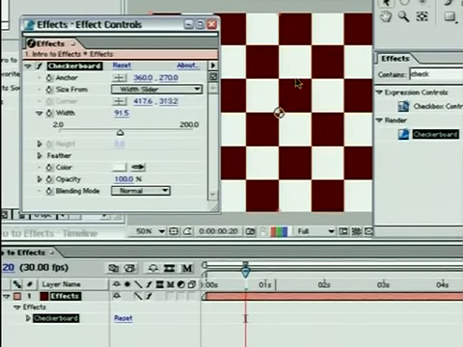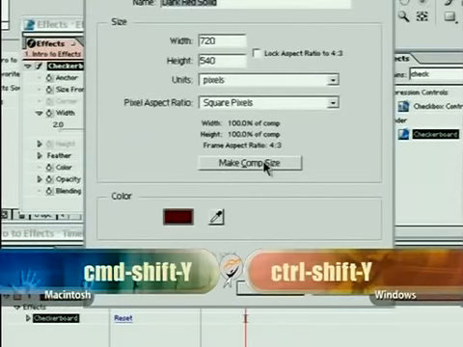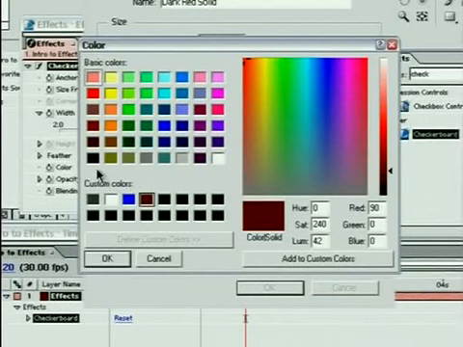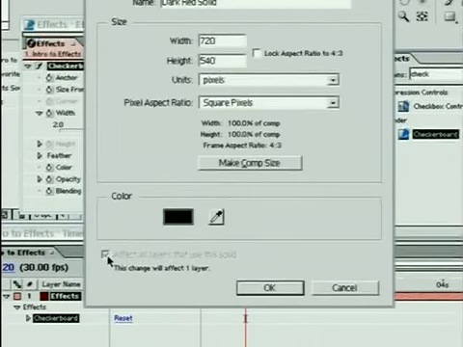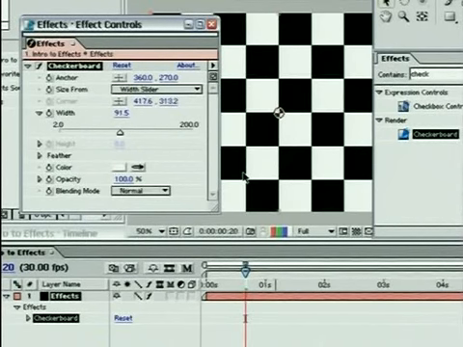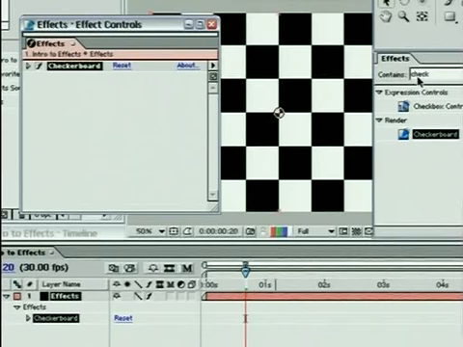Unfortunately, our original layer was a dark red, not black, and I don't necessarily want to fill the layer with dark red. Now, this is the original layer color, so it's a really easy thing to do to hit Control-Shift-Y on the PC, Command-Shift-Y on the Mac, which will bring up our solid settings and allow us to quickly pick another color. Just pick black, click OK, click OK, and now you'll see we have a nice black and white checkerboard. That's a start. Let me collapse down the checkerboard,